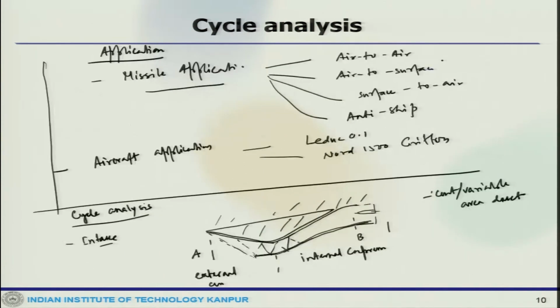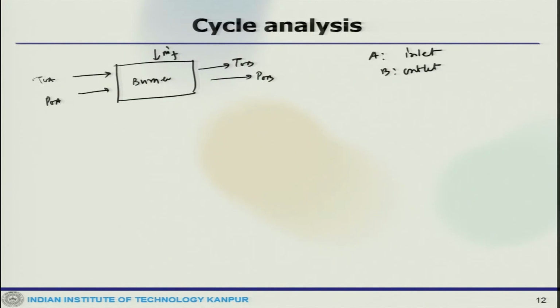Similarly, for the intake also we have used that kind of fashion. Now, here we have Q H B, let us say the heating value of fuel, and air mass flow rate, and